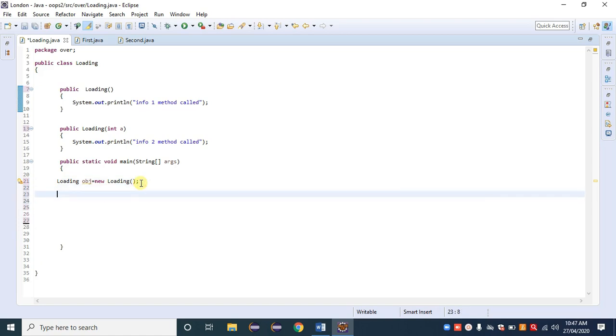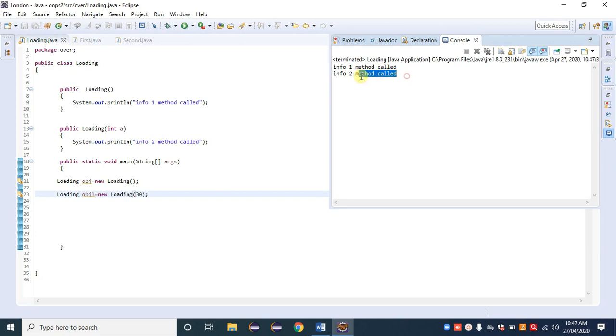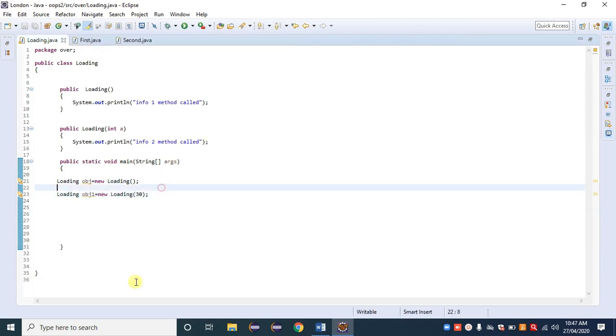Okay. Then I need to call a parameterized constructor. Loading obj1 is equal to new loading. Inside that, pass a parameter, that is, the int a is given. I am passing the value 30 here. And click on the run button. We get the output. Okay. It means that the constructor is overloaded.